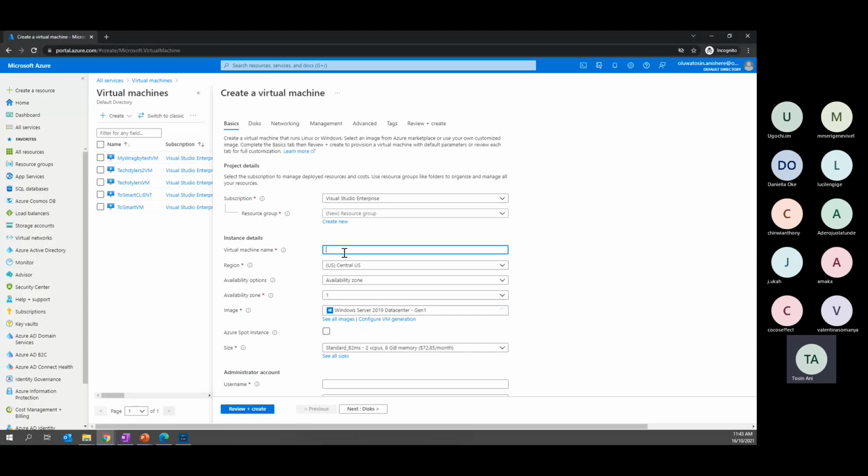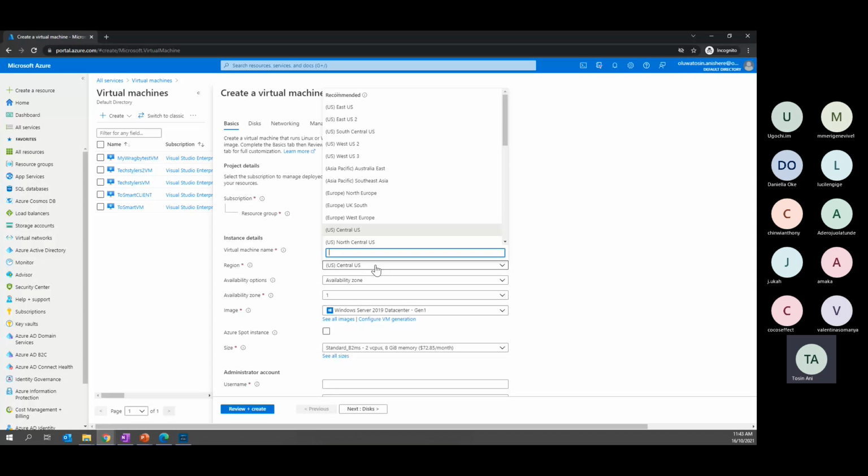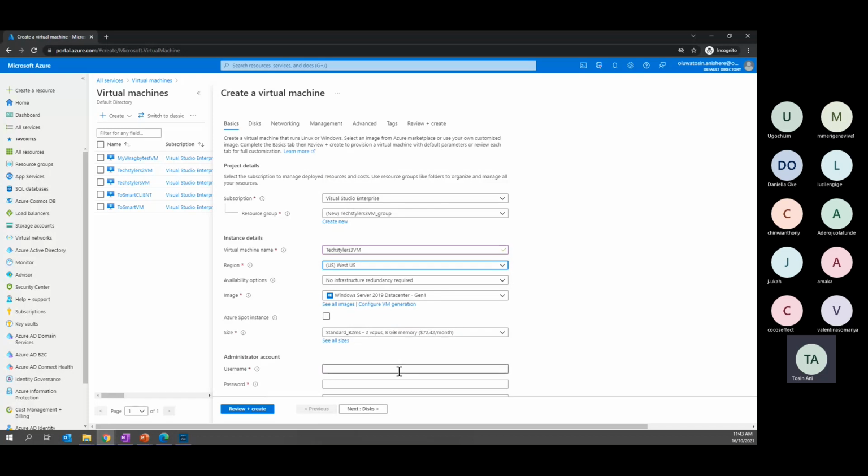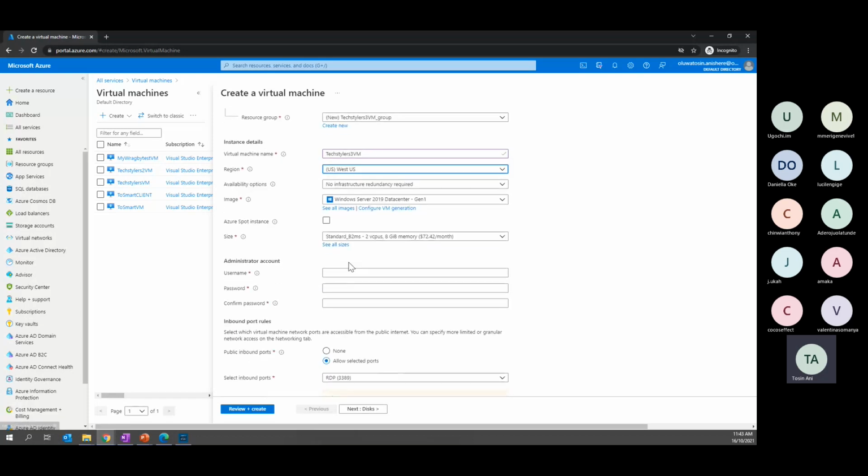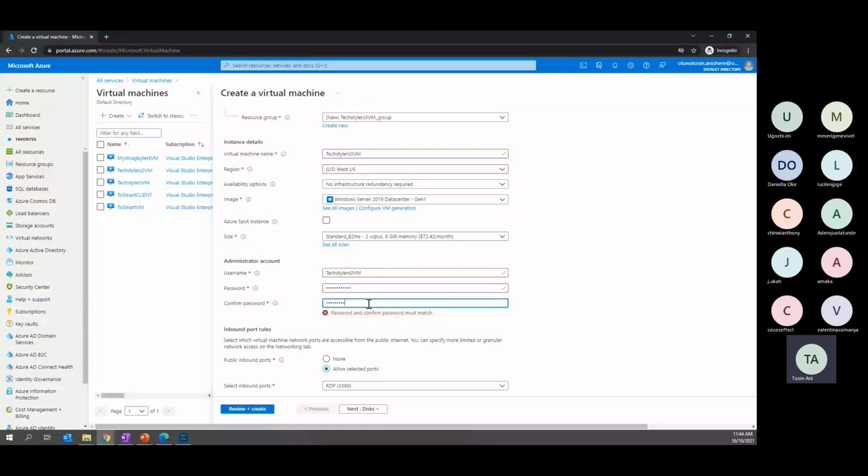So I'll name this Techstylers VM, West US, Windows Server 2019 Datacenter. These maintain the same name, password. I'm doing this very quickly because I've explained it earlier. So I just want to show us what I missed out when I created the first one. Okay, so